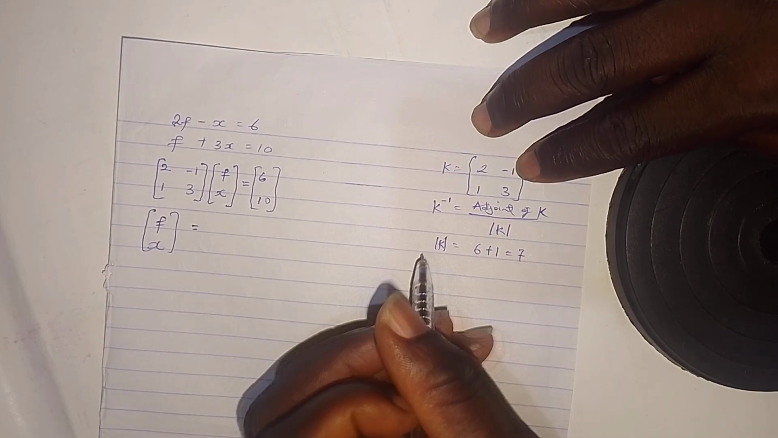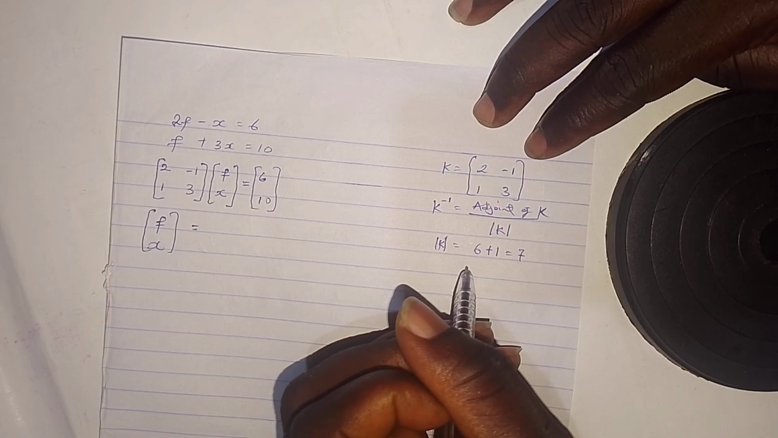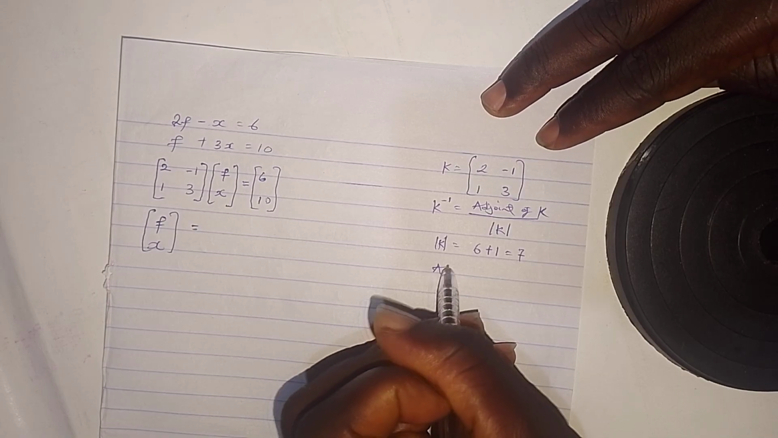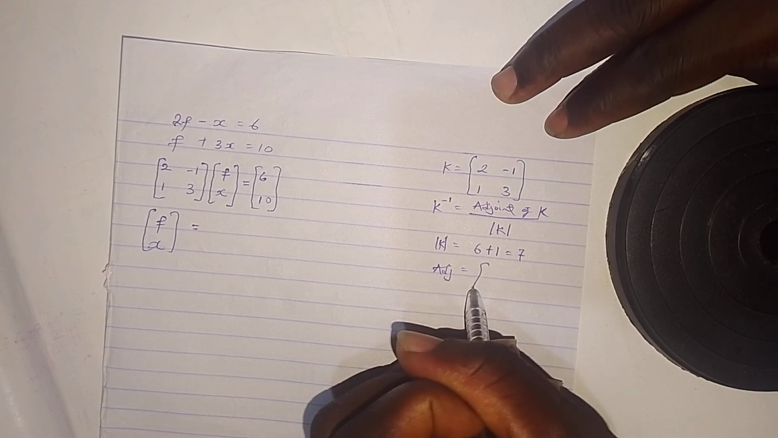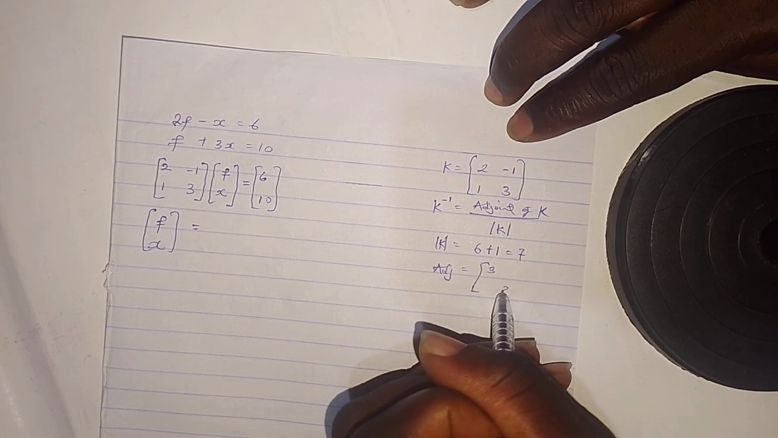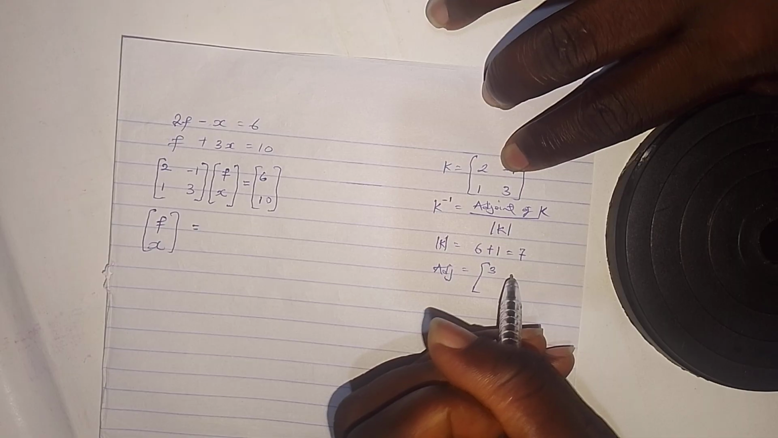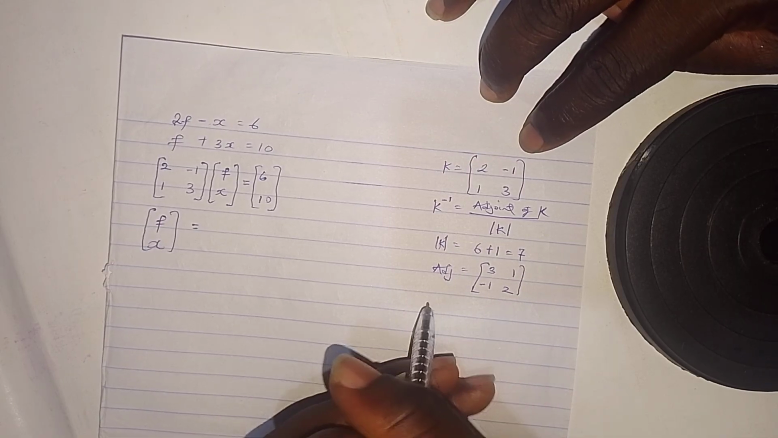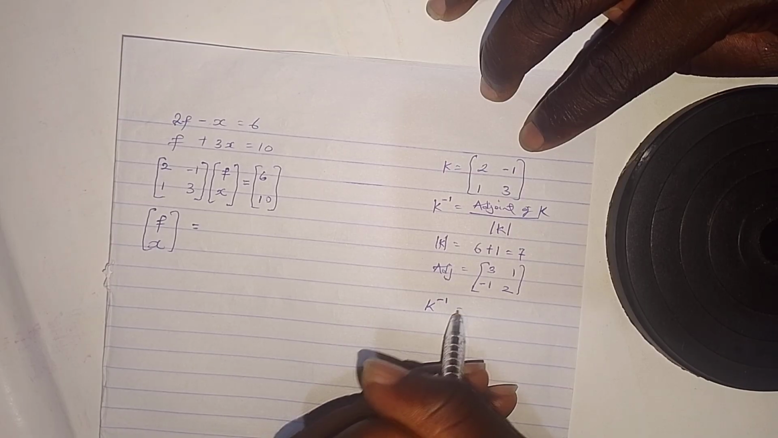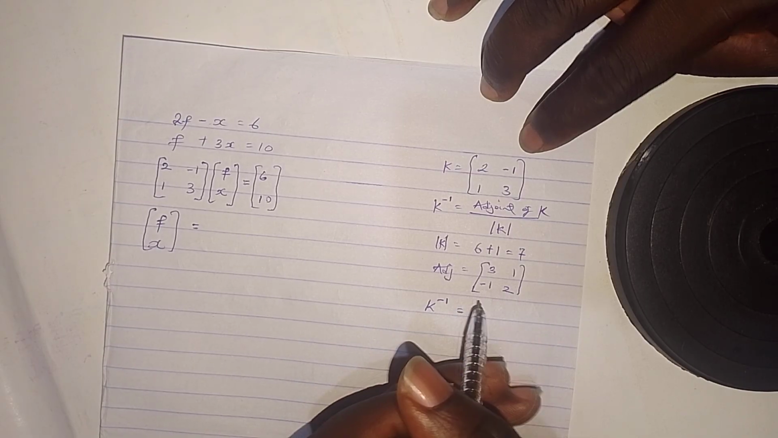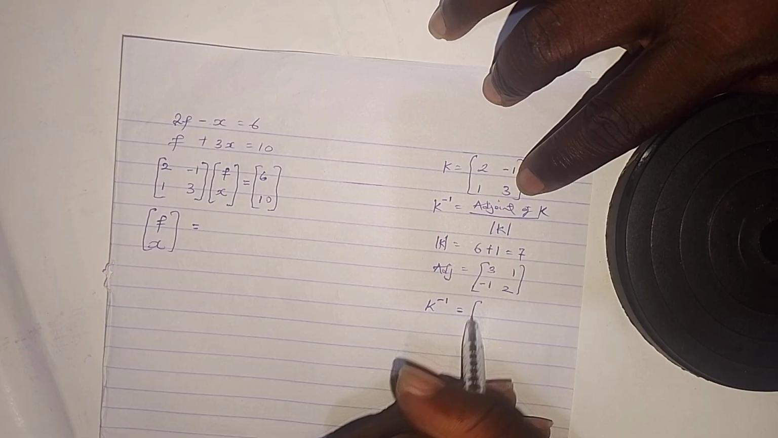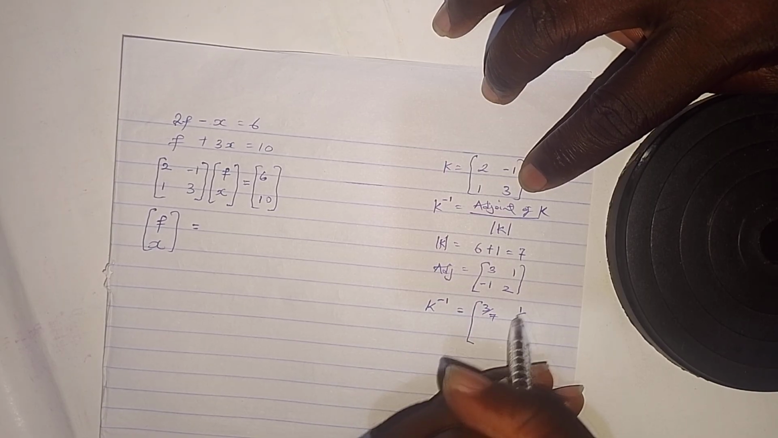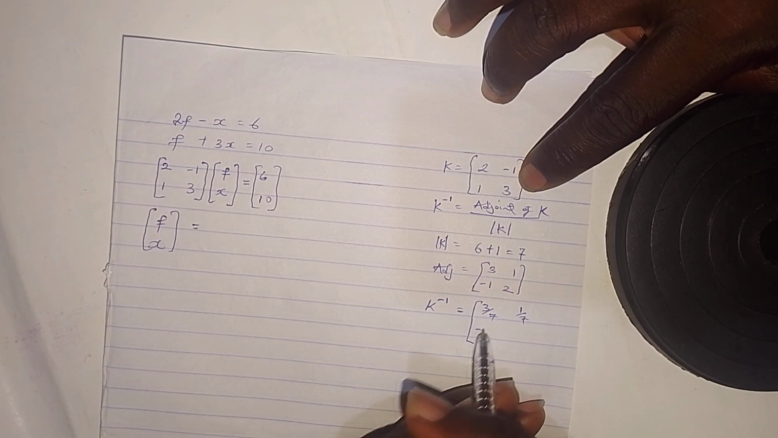So for the adjoint, we twist 3 and 2, that's 3, 2. Then minus times minus 1 is 1, minus times 1 is minus 1. Therefore, the K inverse will now be each of these elements divided by the determinant. That's 3 over 7, 1 over 7, minus 1 over 7,